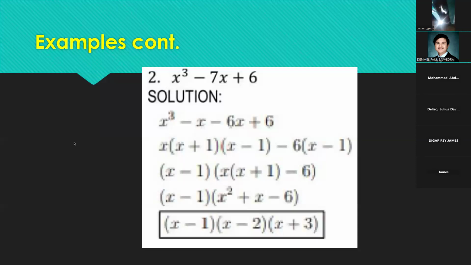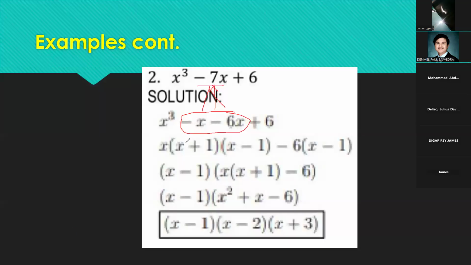So we have here x cubed minus 7x plus 6. As you can see, we need to do some tweak, or let's say, expand one. For example, the negative 7x was split into two parts, that is negative x minus 6x. So this is just the same as negative 7x. But why did we do this? As you can see, if we use this kind of format,